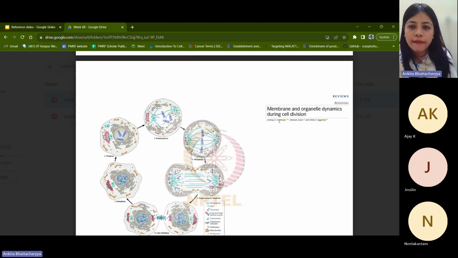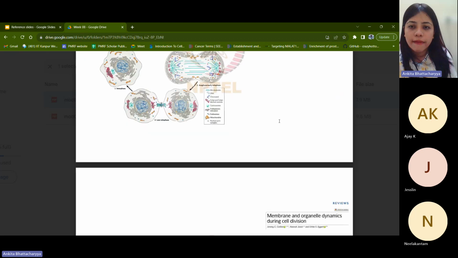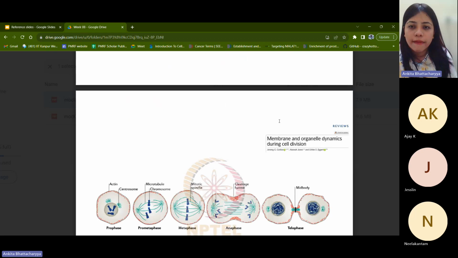Here we see membrane and organelle dynamics during cell division, how it changes. So you can see the progression from interphase, prophase, prometaphase, metaphase. You can see how the nucleus itself has completely vanished, how each of these organelles are reorienting themselves based on the type of function. You can see how the centrosomes have now taken up the responsibility of segregating the cell into two daughter cells, and therefore they assemble at opposite poles. And you can see how the microtubules are attached at the center, and how they divide into the two daughter cells by the process of cytokinesis, and each of them is then capable of further development.